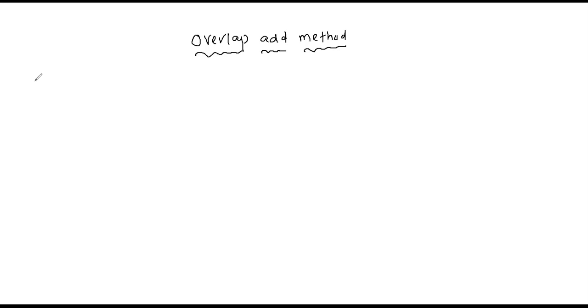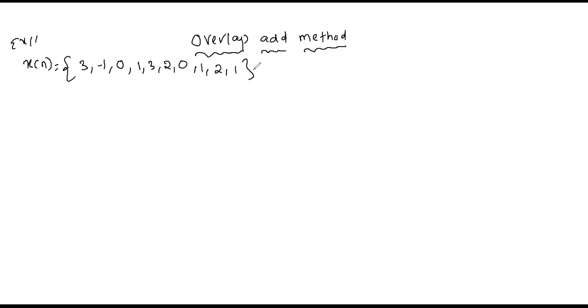Just taking one example, we will see one by one how to do the convolution using the overlap add method. Let my input sequence be x of n equals 3, minus 1, 0, 1, 3, 2, 0, 1, 3, 2, 0, 1, 2, 1.